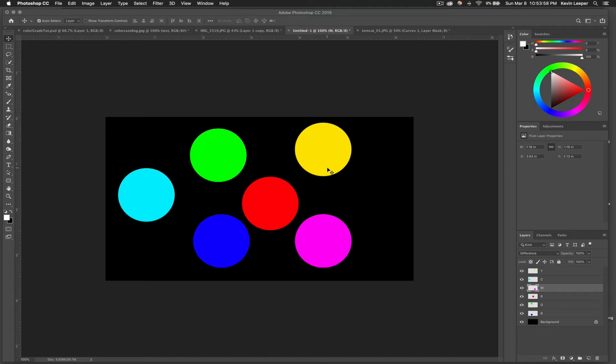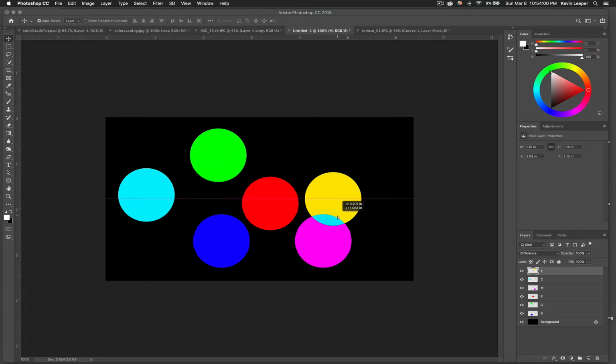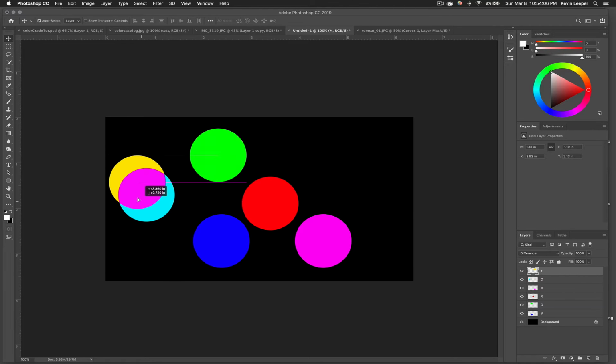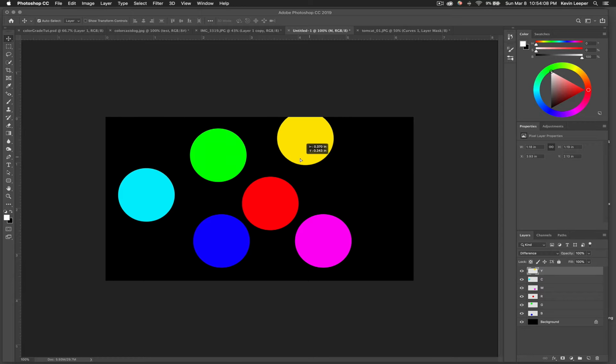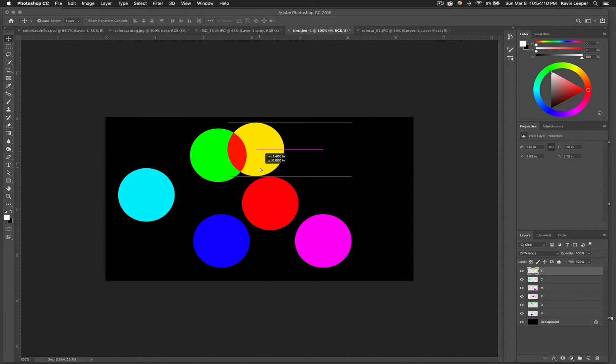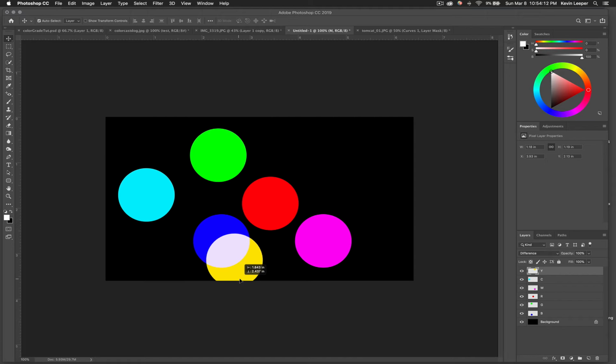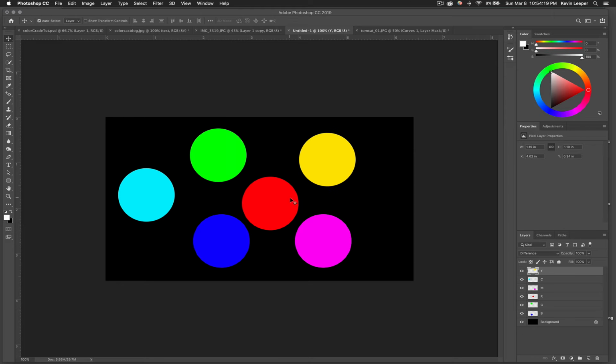If I mix yellow with magenta, I get cyan. And just notice, those are nice colors together, right? If I mix yellow with green, I get red. Yellow with blue, I get white. That's a weird one. These are going to mix in funny ways, but just notice how colors work,